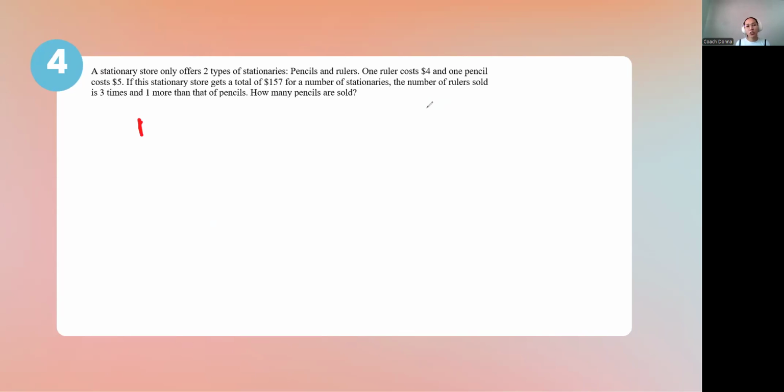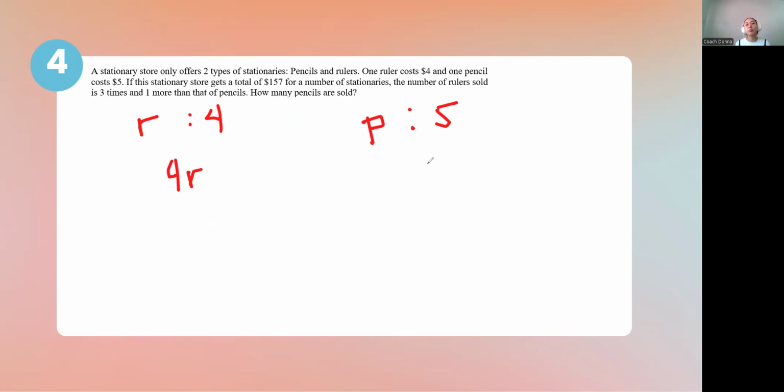If the stationery store gets a total of $157 for a number of stationeries, we don't know what number it is, but the total is the $4 times the number of rulers sold plus the $5 cost of the number of pencils sold is equal to